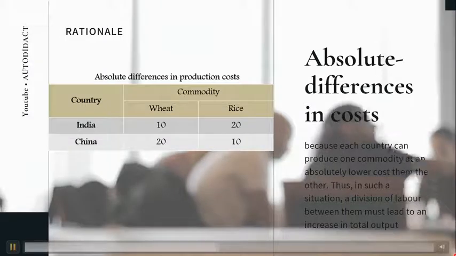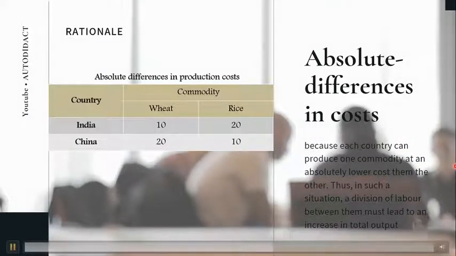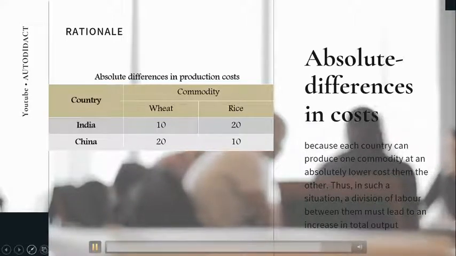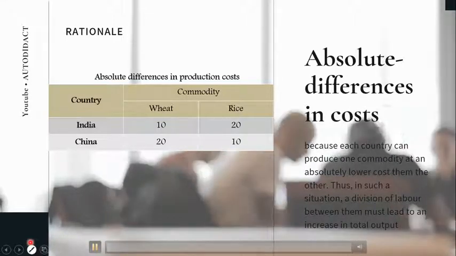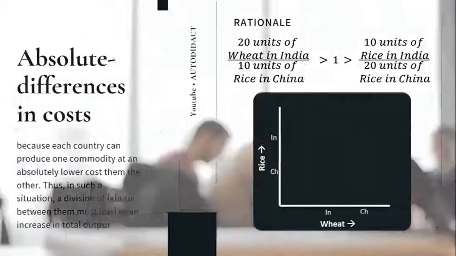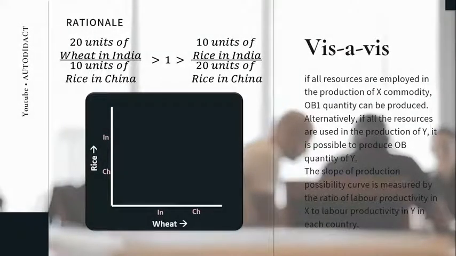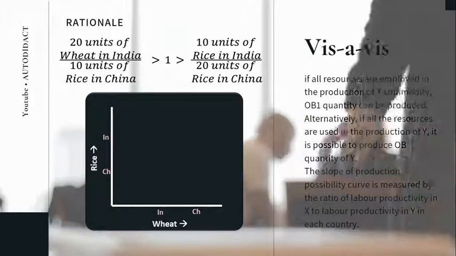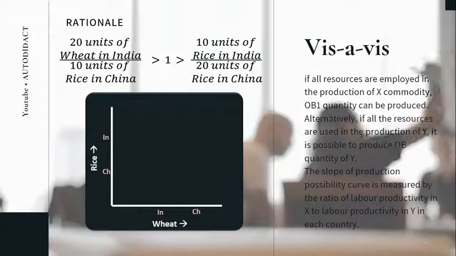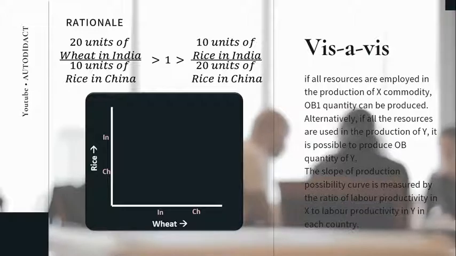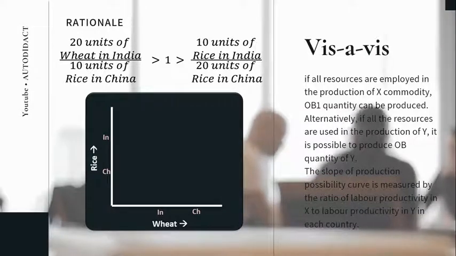It is clearly visible that India needs half the number of laborers to produce wheat in comparison to rice. In simple words, we can say that India is cost efficient in producing wheat. Similarly, China is efficient in producing rice. This is called absolute advantage, which India has for wheat and China has for rice. To decide the absolute advantage, we just use the principle of opportunity cost. The opportunity cost in India for wheat in comparison to rice. Similarly, in China for rice production.